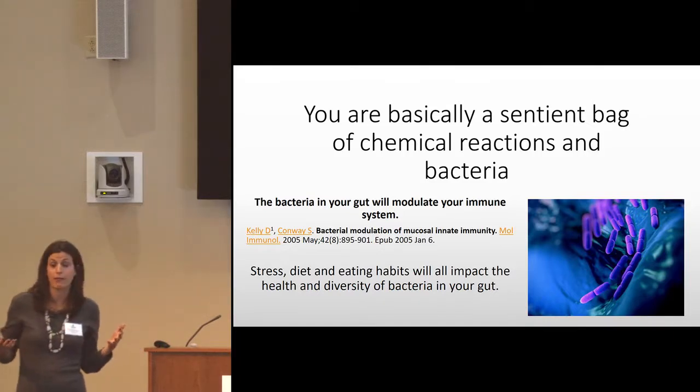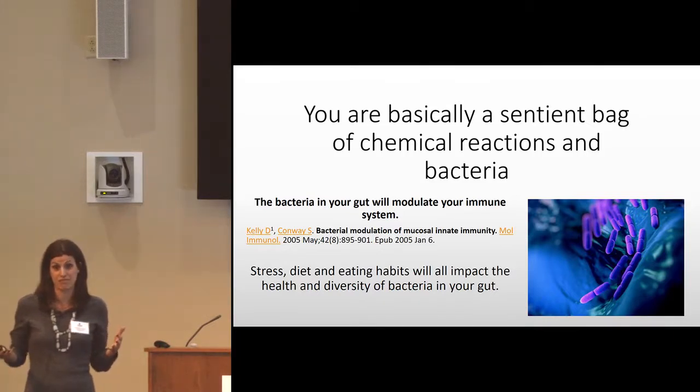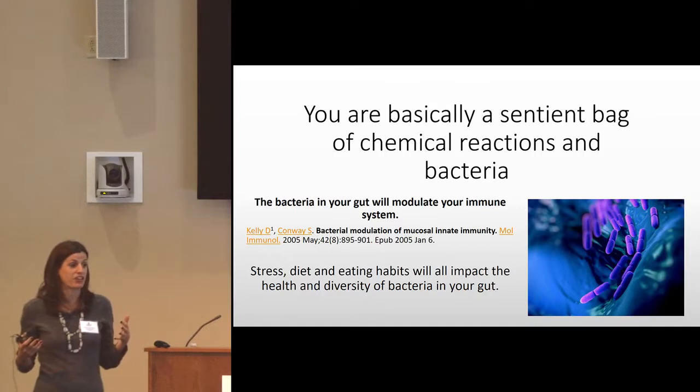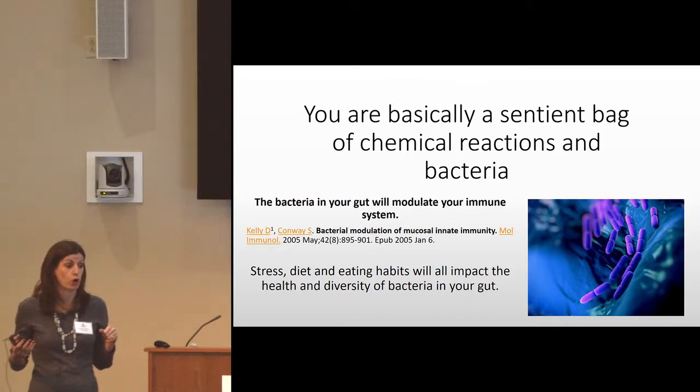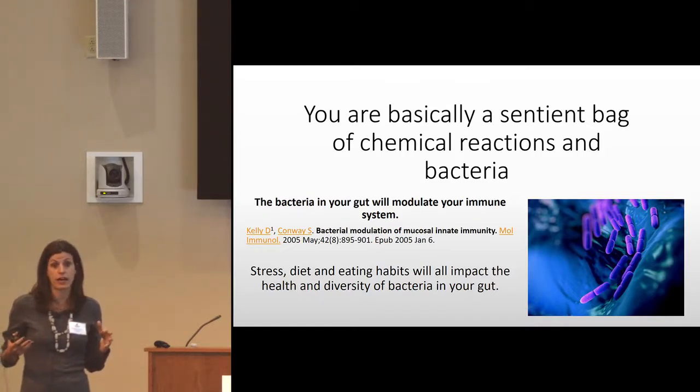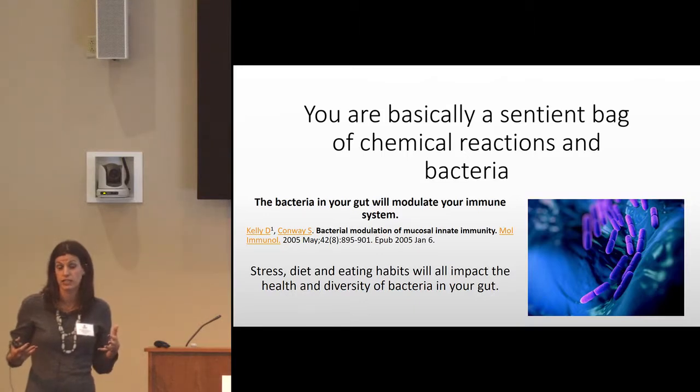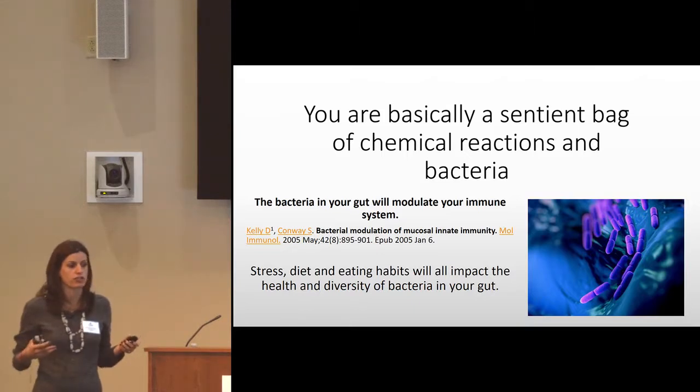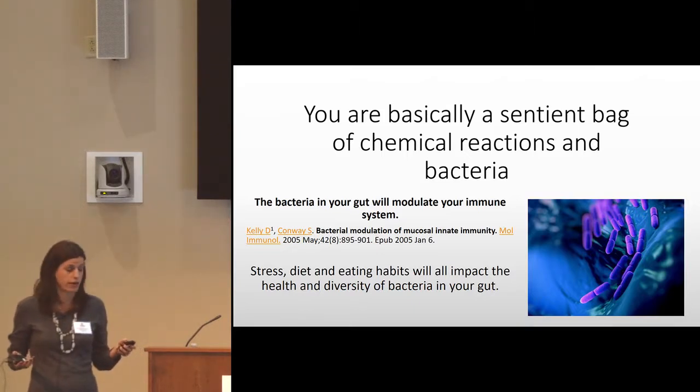And not only are we a big bag of chemicals, but we're also a big bag of bacteria. So the bacteria in your gut, the number of them far outnumbers the number of cells in your body. So you have more bacteria in you than you do you in you. So the health of this bacteria is super, super important. And the bacteria are actually going to be key players in modulating your immune system, so controlling how well the immune system works. So it's really important that we create a healthy gut in order to foster good bacteria that are going to give your immune system proper information. And things like your stress, your diet, and even how you eat are going to impact the health of your gut and your immune system.